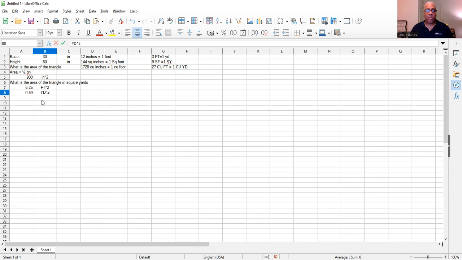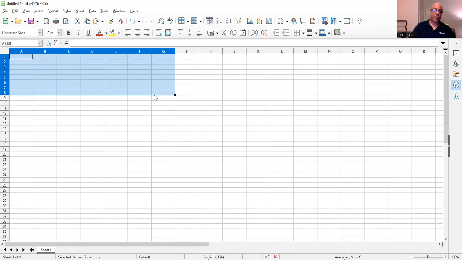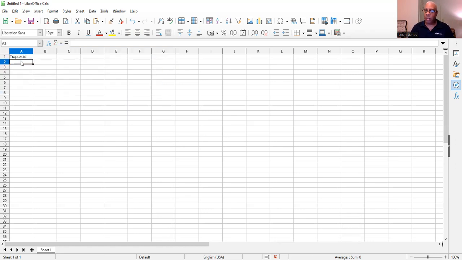Conversion factors are very, very important. You need to notice what you are measuring. Now, that's a rectangle. What about a trapezoid? Let's say we have a trapezoid. We're going to find the area of a trapezoid. I'm going to put the formula up here. The formula for a trapezoid is